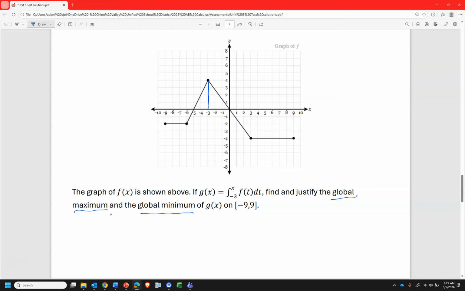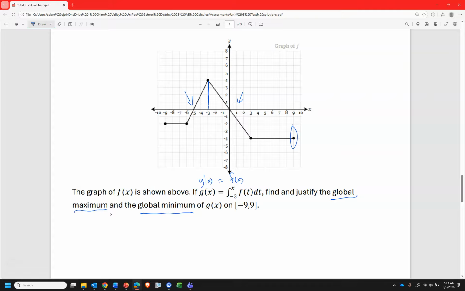Now, you can definitely make a sign chart to help you out, but because we're talking about a continuous function on a closed interval, you're expected to use the extreme value theorem, or at least that's the easiest way. Because what a lot of people realize is, okay, so g prime of x is equal to f of x. And they notice at x equals 0, g prime changes from positive to negative, so g has a local maximum. And then at -5, g prime changes from negative to positive, so at -5, g has a local minimum. What they don't realize is, at x equals 9, well, g has been decreasing since g prime is negative from 0 to 9,